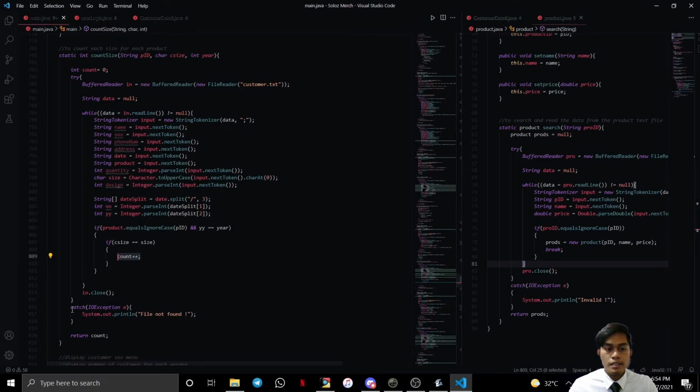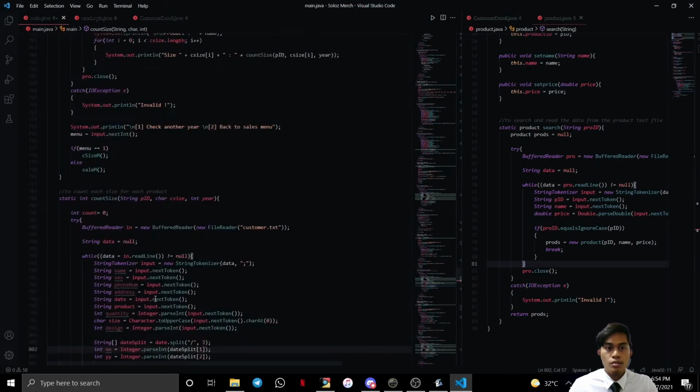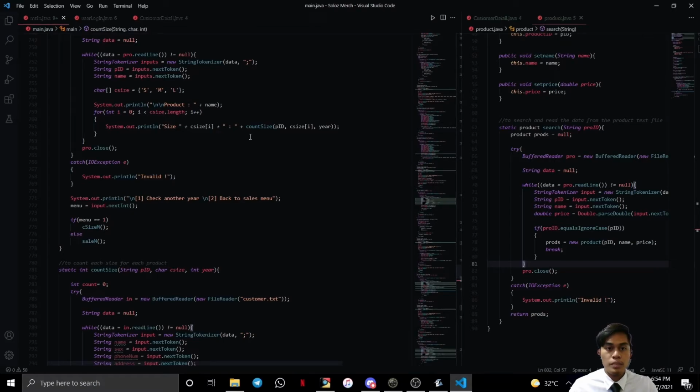And this is the catch statement, and it will return the count for size in this method. So the return value will be stored in here, because we call the method here. And then